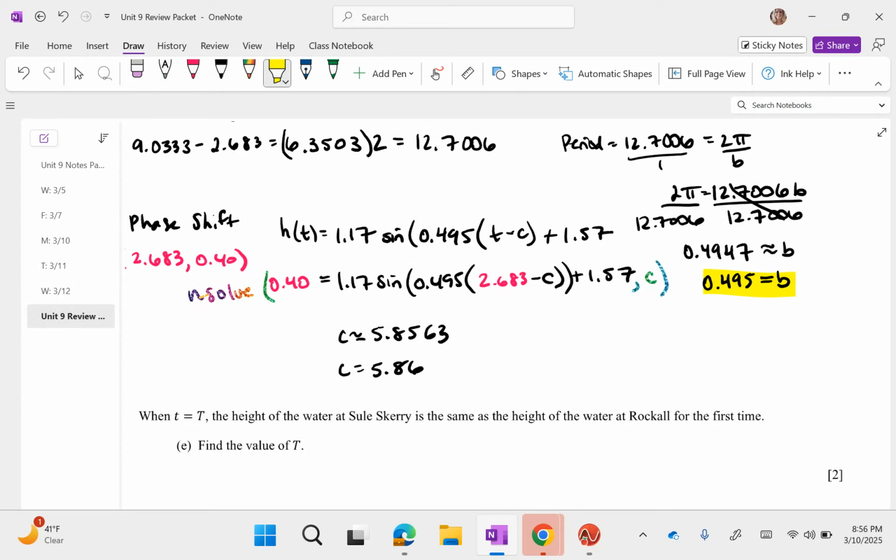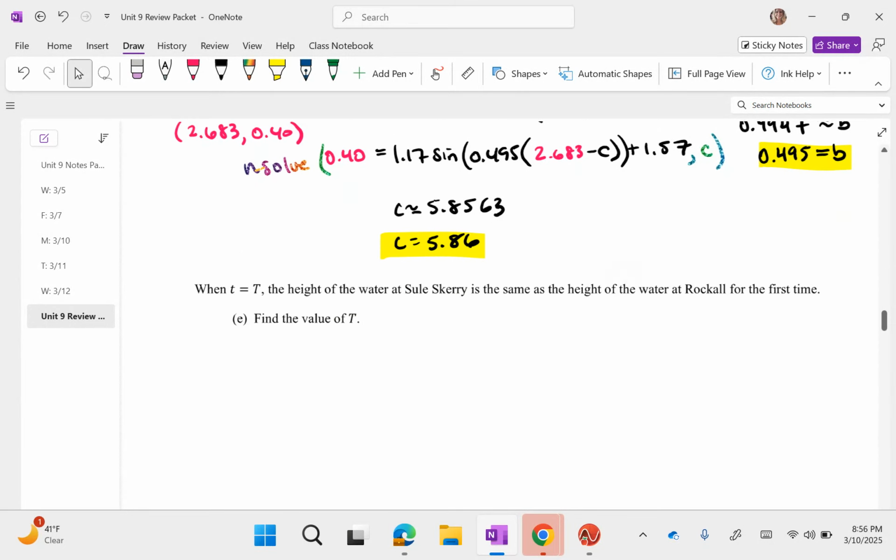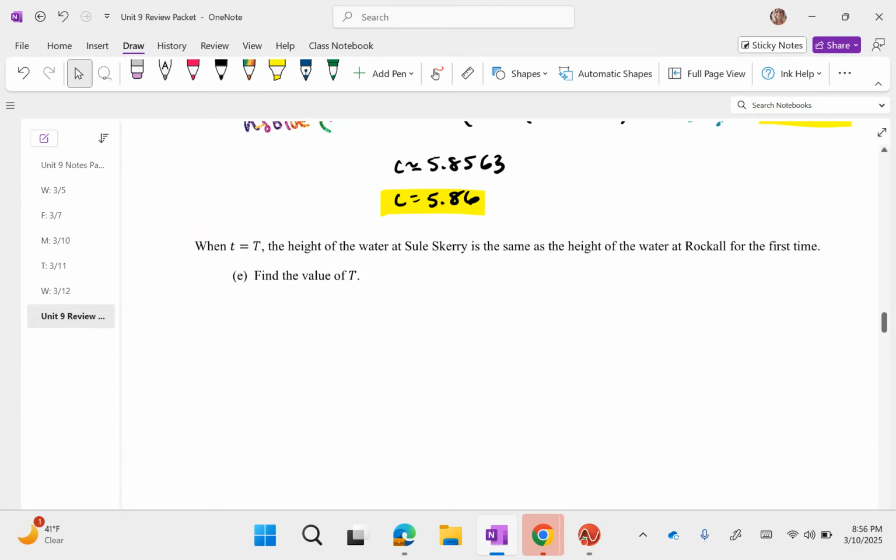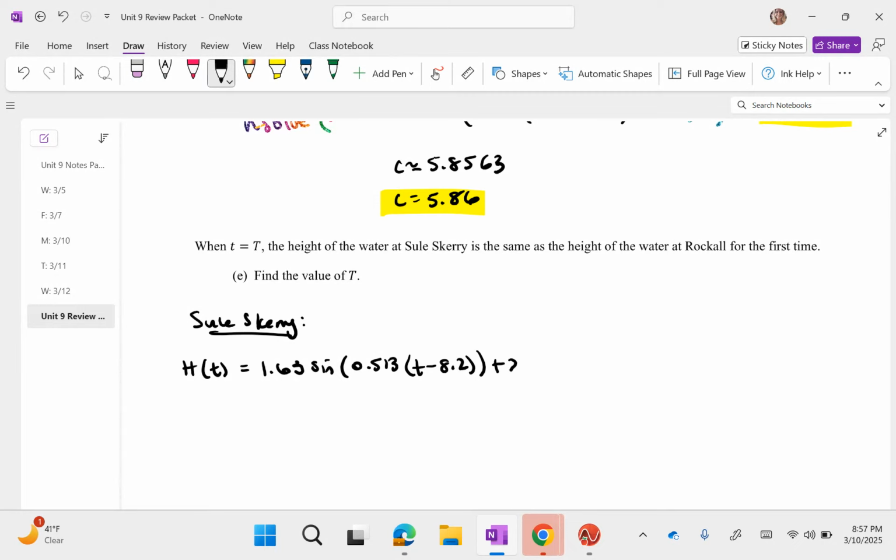So I've got my 3 sig figs, and that's my c. All right, cool. I've got every component to this thing now. So it says when t equals t, the height of the water at Sewell Skerry is the same as the height of the water at Rock Hall for the first time. Find the value of t. All right, so I'm basically taking the two functions, Sewell Skerry, and that guy's going to be h of t equals 1.63 sine of 0.513 times t minus 8.2 plus 2.13, and then Rockall,